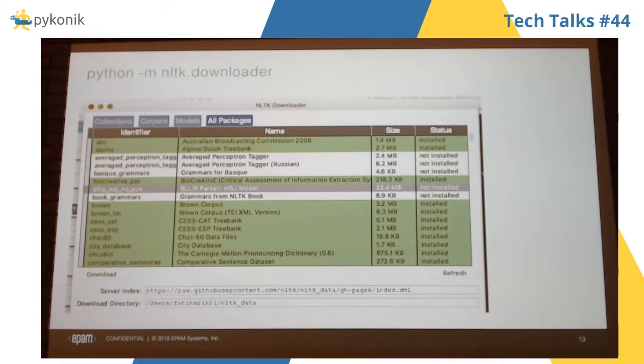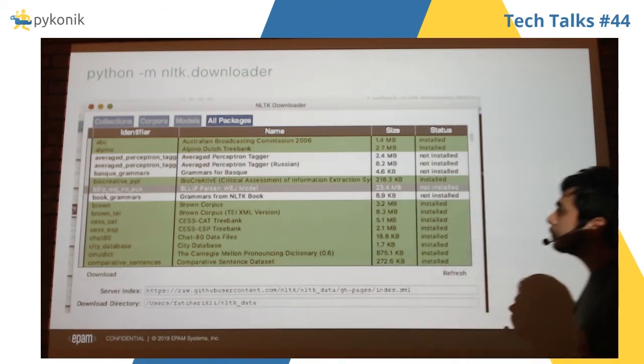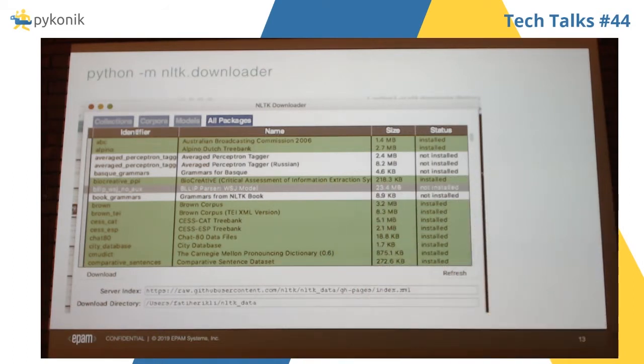For instance, you can get a city database, as you can see here, or a parser, or some tagger for Russian language, etc. So NLTK has a huge library of dictionaries and predefined data and data sets, and it allows you to download those data sets to your computer.